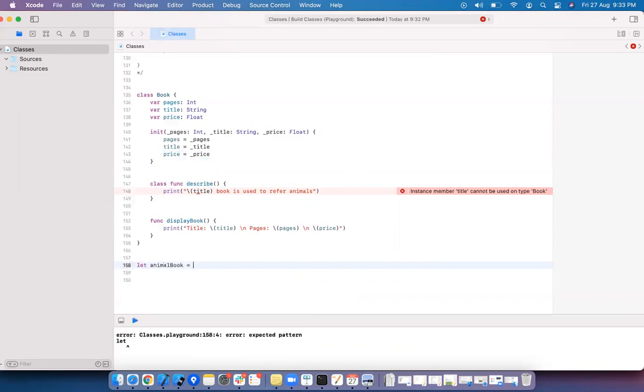Let animal book equal to book. It is 200 pages, the title is elephant, and the price is 150.